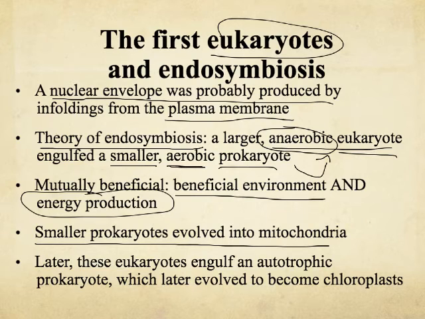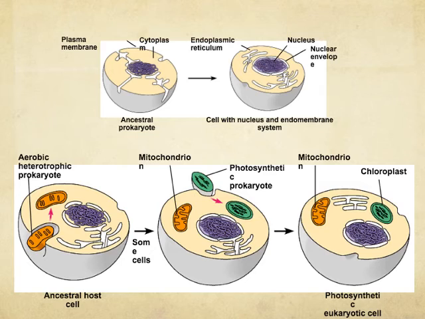Then later on, the same cell, so my big anaerobic cell that now has a small aerobic prokaryote living inside of it as a mitochondria, eventually engulfed a prokaryote that could do photosynthesis, and that eventually evolved into the chloroplast. So let's look at a picture here. So here I have my little cell that